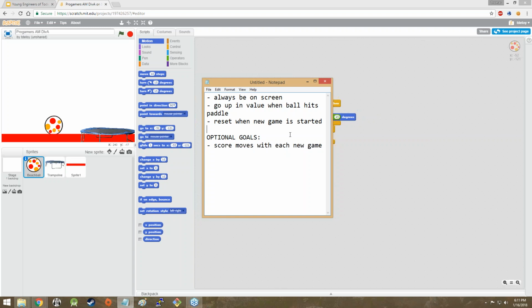Think about if you as a player, you're playing the game and you happen to let the ball get past you and the game is over. Once the ball gets past you, if we set it up so that the score restarts, then you might not